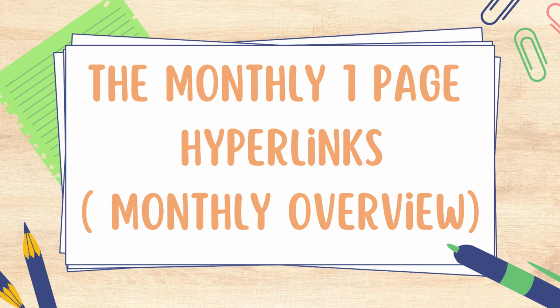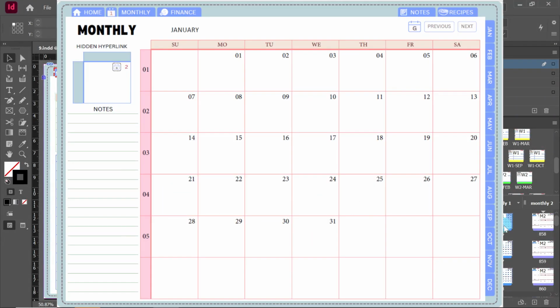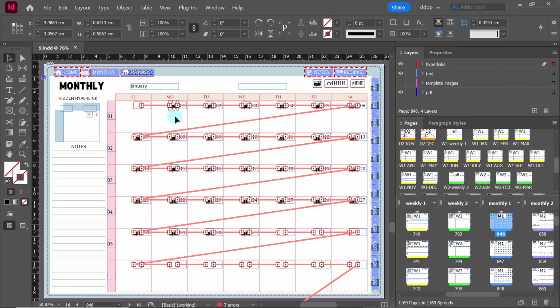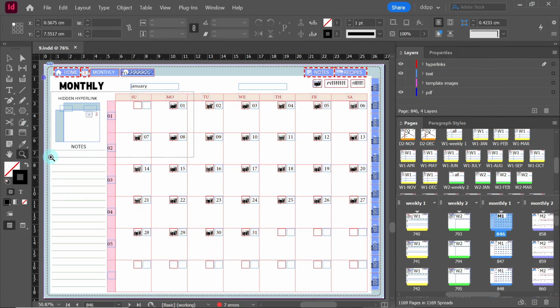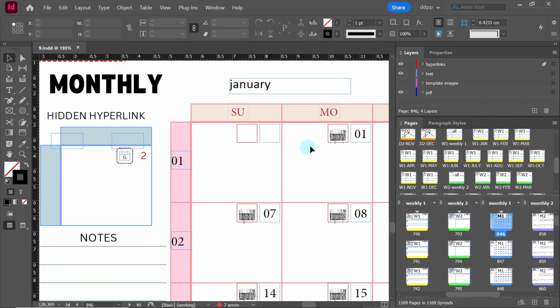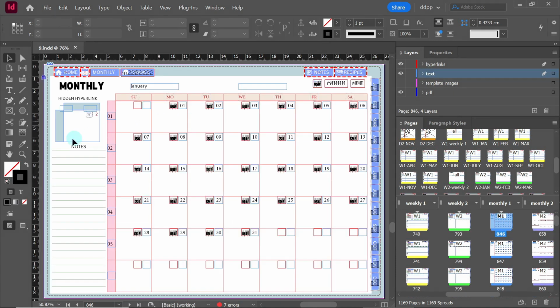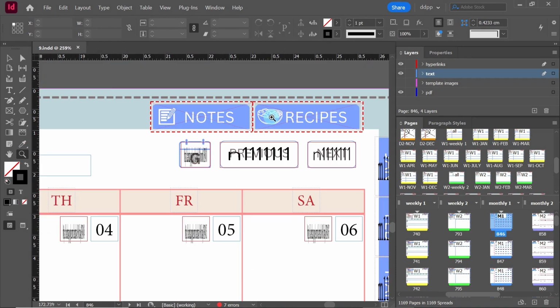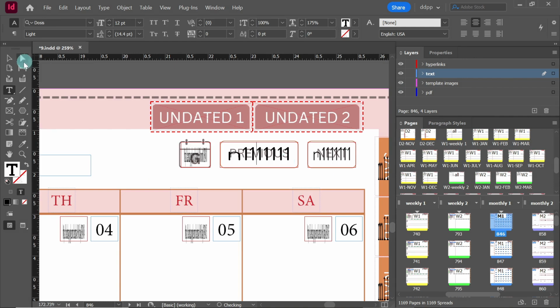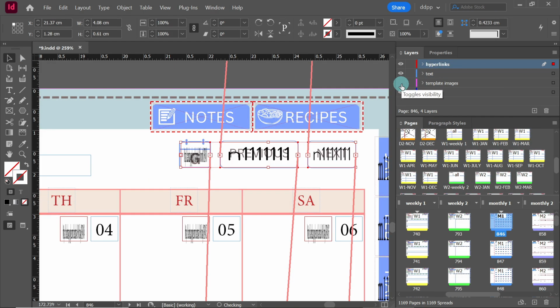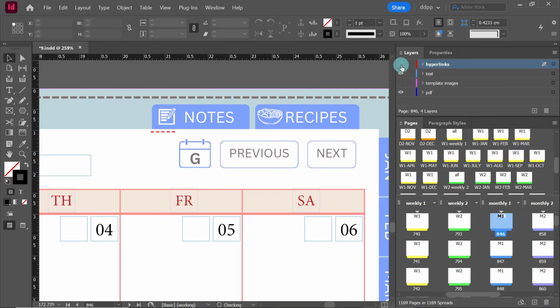The monthly overview page has many hyperlinks, like links for each day, each week, and also a hidden hyperlink for Google Calendar View Day. At the top right, you'll see Next, Previous, and Google Calendar View Month buttons. Because their position stayed the same in both the old and new designs, I don't need to change these